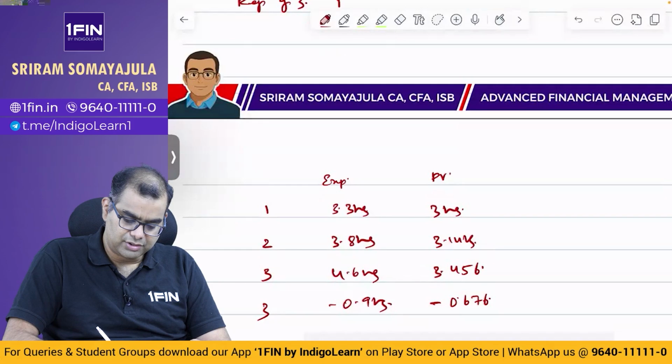Okay, then what is the last one? Conversion parity price is equal to 1060 by 20. At what price of the share will the value of the shares that you get be equivalent to the current market price of the bond? 1060 by 20. It will be 53 rupees. The conversion parity price. That's all. Over. Nothing else.